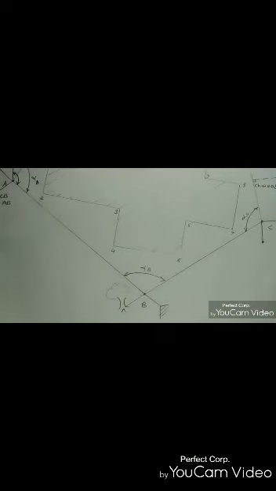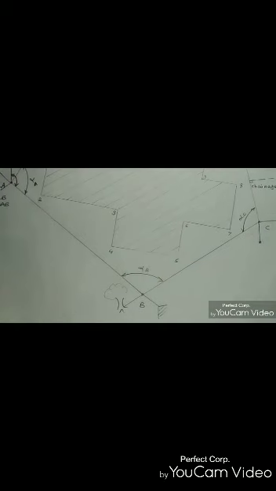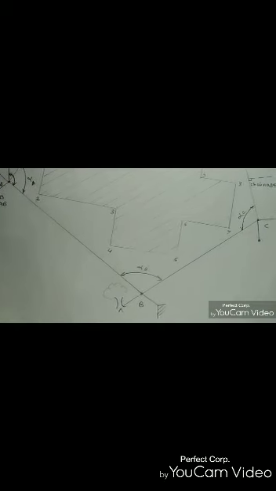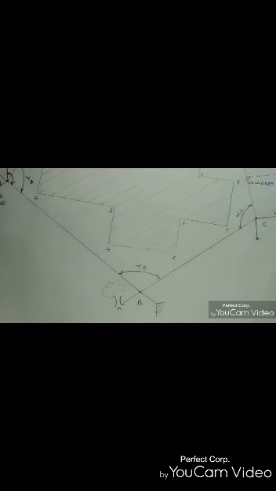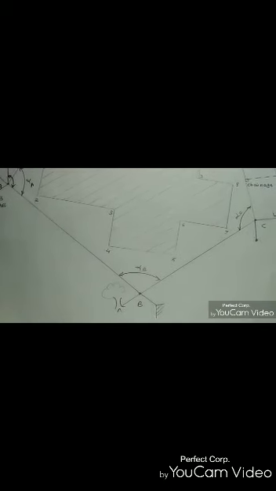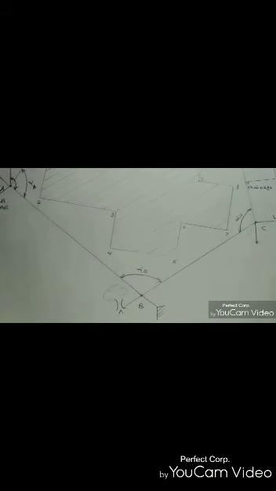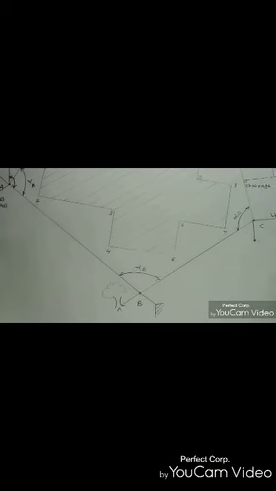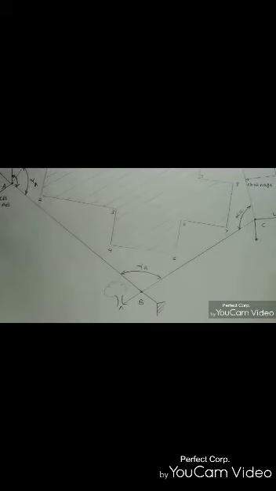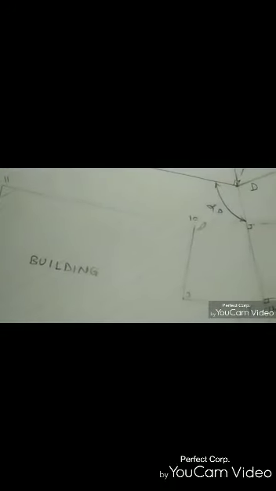Similarly, from station B, if you want to find angle alpha B, you have to set up the theodolite at station B. After carrying out all the temporary adjustments, first take the observation with face left. First find angle ABC with face left, then find angle ABC with face right. The mean of these two observations will give you angle alpha B. A similar procedure is adopted to find the angles at C, D, and E.